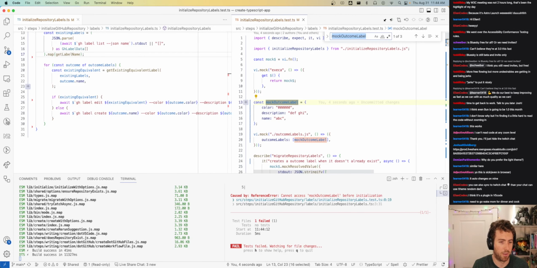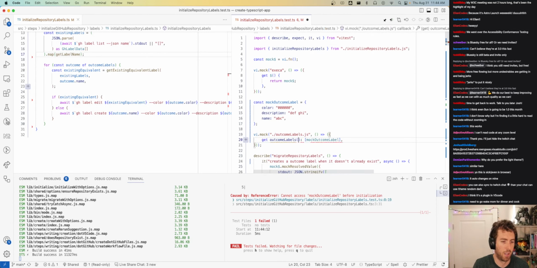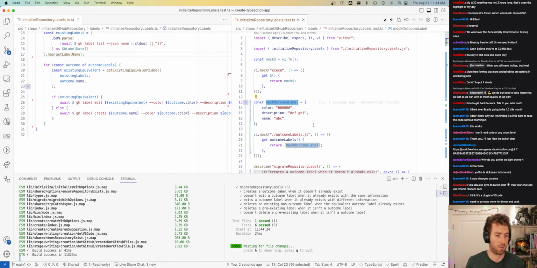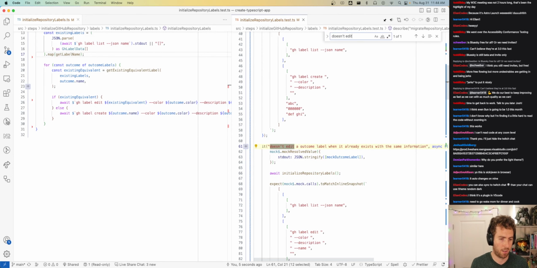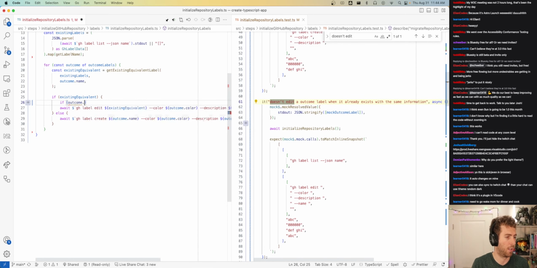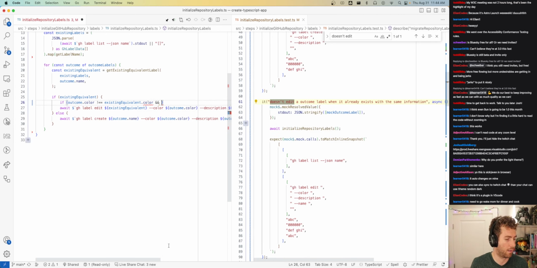Mock outcome label referenced before it exists. Because I need to switch this to a getter, because that's how mock ordering works. Don't even get me started on this whole convoluted, ridiculous system we've set up ourselves. Okay, so doesn't edit, which means I don't want the calls to happen. If outcome.color not equal to existing equivalent dot color and or